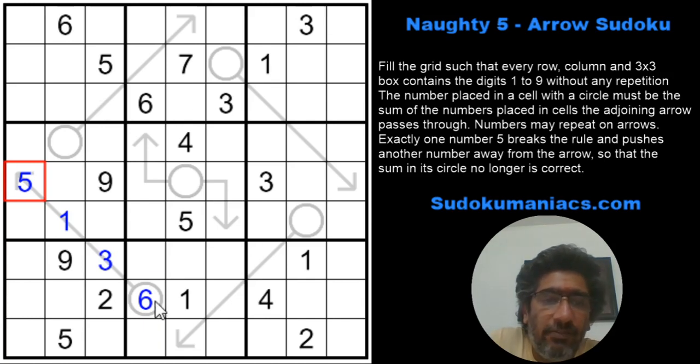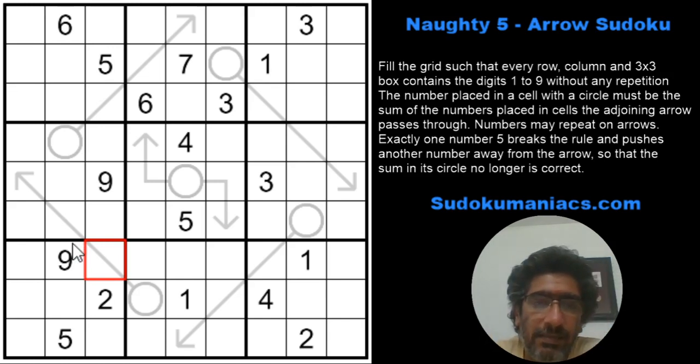The rest of them would have the correct formation of an arrow Sudoku, and again in this arrow which has a wrong sum, it is a single digit 5 which will be displacing the legitimate digit. So the other two digits will still be part of the correct sum. I found this a very interesting concept, and Henning has made a lot more puzzles on this Naughtify